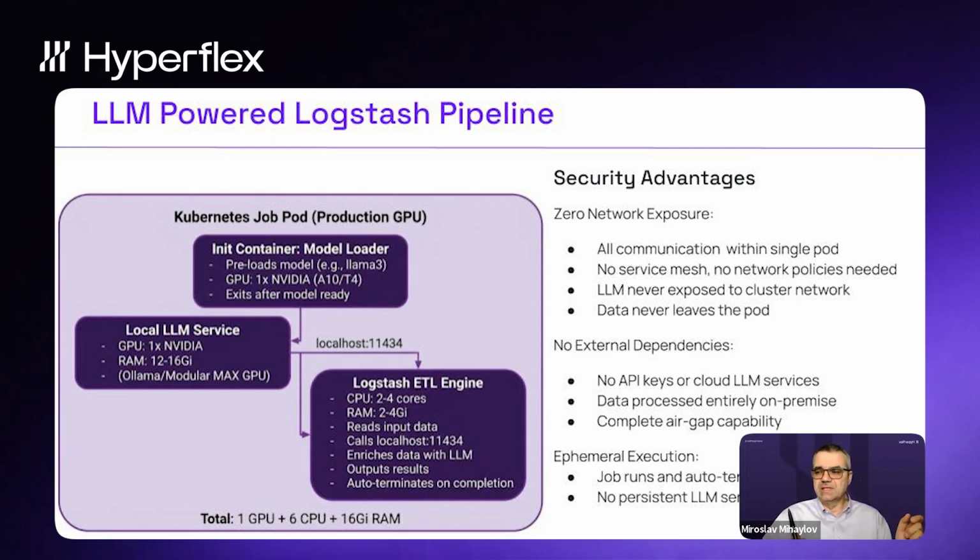And this is good for the short-lived ETL jobs, where you just need the LLM to do the data processing, and then you discard it. So no persistent LLM service. And by tuning the resources you deploy for this, it can run, typically using Ollama, Modular Max GPU, TGI, vLLM, whatever your preferred provider is. By tuning your resources, you can have this dedicated LLM available just during the ingestion time, which can be minutes, can be hours, and then once you're done, you discard the resource. You can free it up for something else.